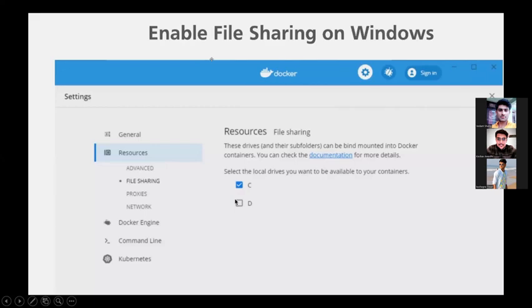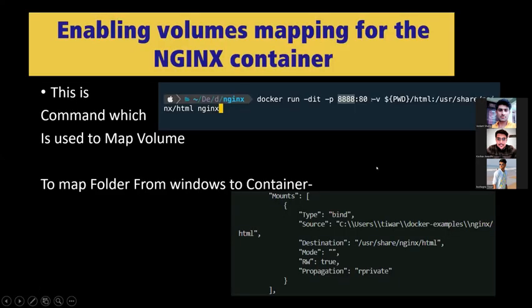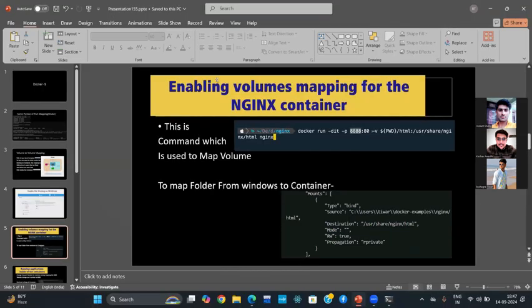Actually, so here you can see for enabling sharing on windows, अगर आपको मैप कराना है कंटेनर से, तो आप ये एक्शन परफॉर्म करेंगे, ये नेसेसरी है यहाँ पे यस करेंगे, जो भी ड्राइव से आपको कंटेनर से मैप कराना है। जैसे हम लोग वन ड्राइव में पर्टिकुलर ड्राइव सिलेक्ट कर लेते हैं, जैसे सी ड्राइव या डी ड्राइव की यही केवल शेयर होगी, जो भी चेंजमेंट होंगे वो वहां पे भी रिफ्लेक्ट करेंगे।